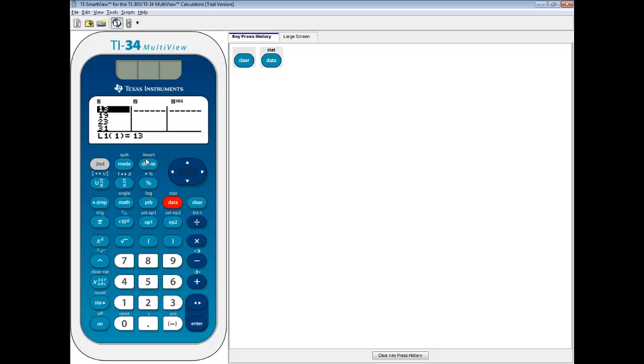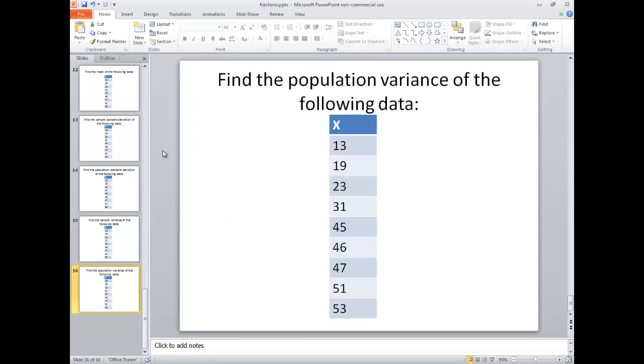And we already have numbers there, so I'll press delete to clean out those numbers. Now if you want to delete the entire list all at once, then you can press your data and choose 1, clear L1. And that'll clean out your entire list. Now those are the same numbers we're going to re-enter here, but I just want to show how to clean a list out. So I got 13,